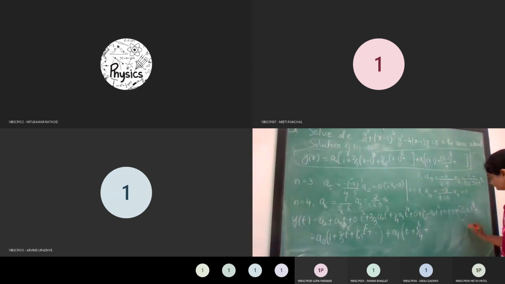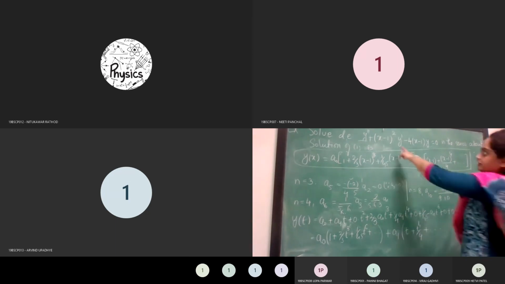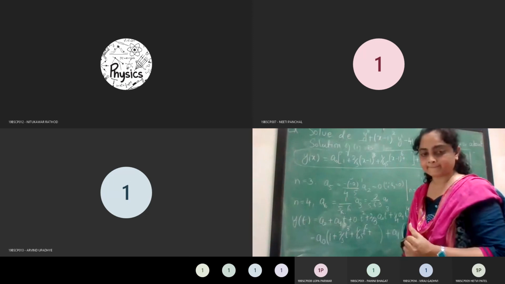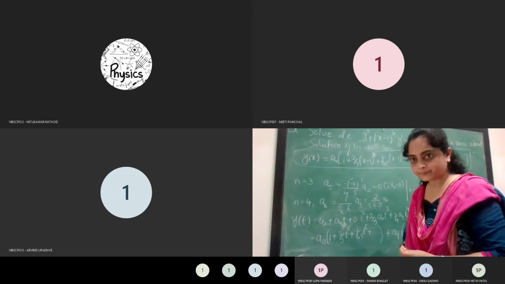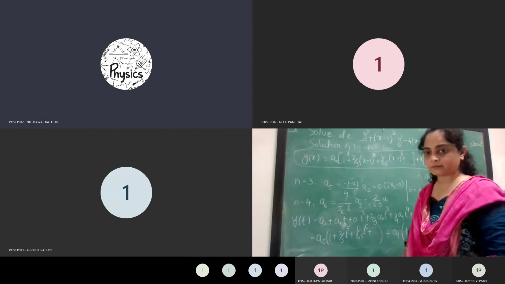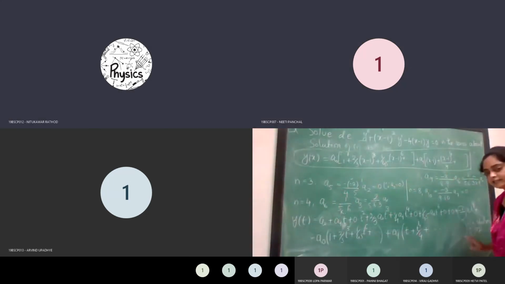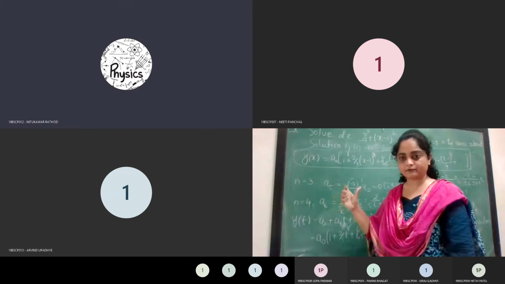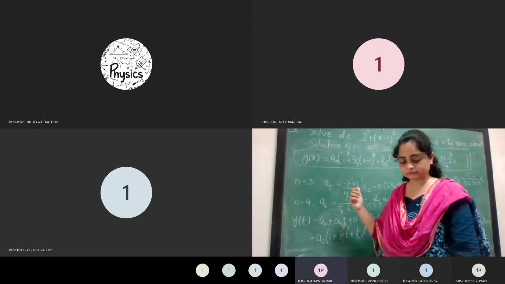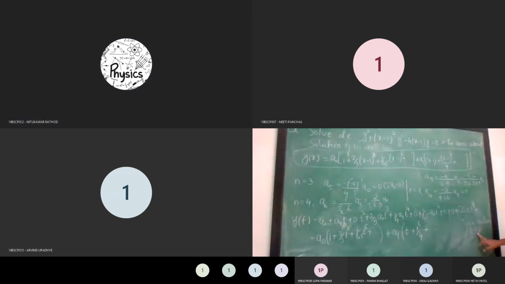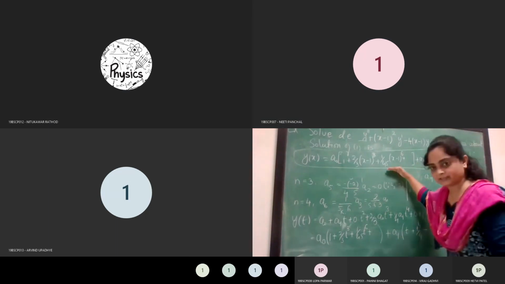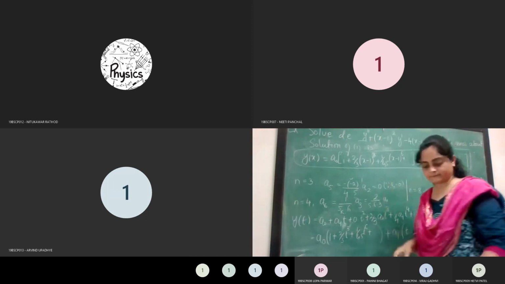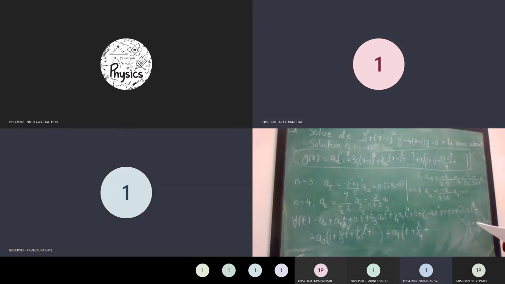This is the solution of 2. I have given equation number 2 to the reduced equation, no? Please check, those who are writing. Ma'am, can you repeat the question once more? Equation number 2 was the differential equation in t that I had given, right? Yes, ma'am. Okay, so this is the solution of equation 2, and this one will be the solution of 1. So your example ends here. Is it clear? Yes, ma'am.